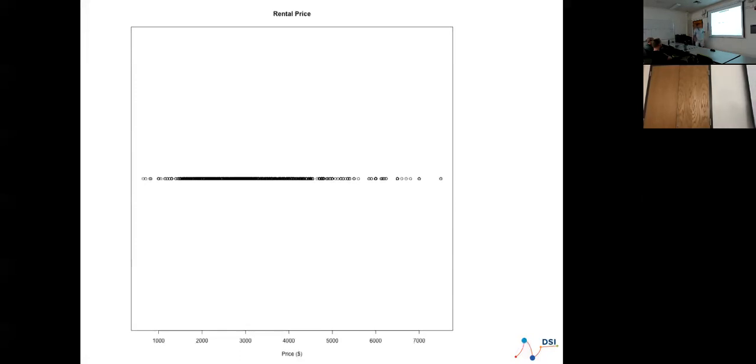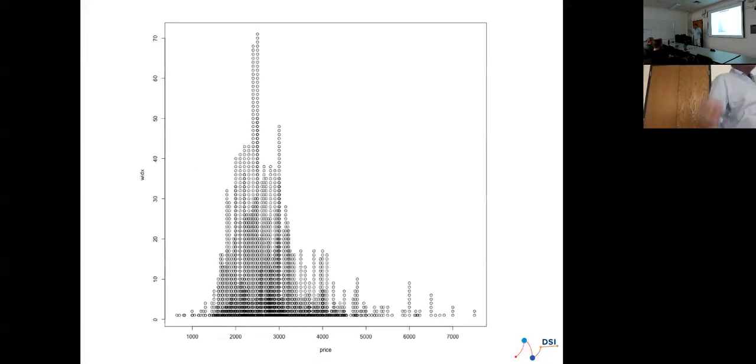Why not just rank them 1, 2, 3, 4, 5 at the same price? There's a lot of exactly duplicate values, and that's what this plot is, which is not a histogram, but it's very close to a histogram. It really is like a stem and leaf plot.